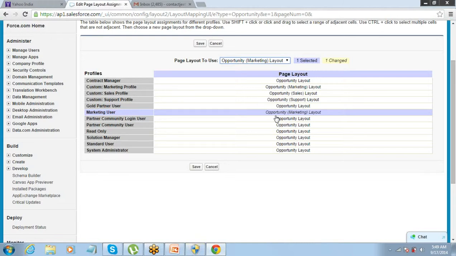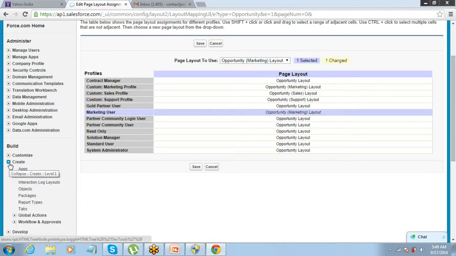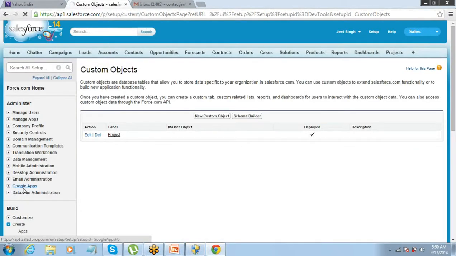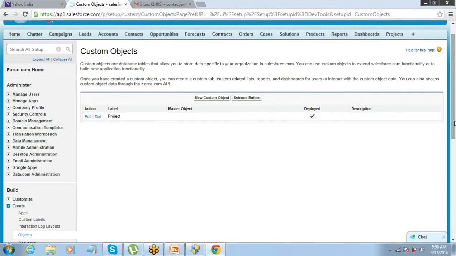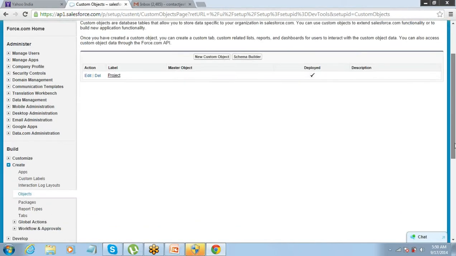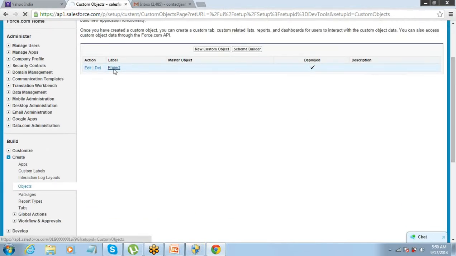Simple thing. Same thing is applicable for custom object page layouts also. So in custom object, you just have to go to setup, create objects, and then you have to click on the object for which you want to define the page layout.